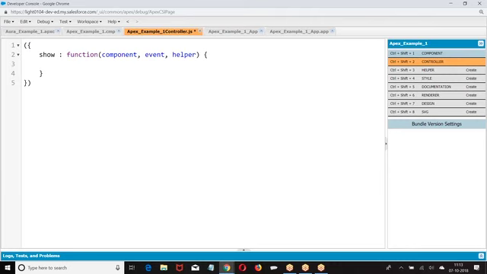So how do you create an instance of that method? Where you can define anything: action, the name of the variable. Action is not a functionality; action is the name of the variable. Where action equal to component.get("c.") and the method name. Every method should be asynchronous. $A.enqueueAction.